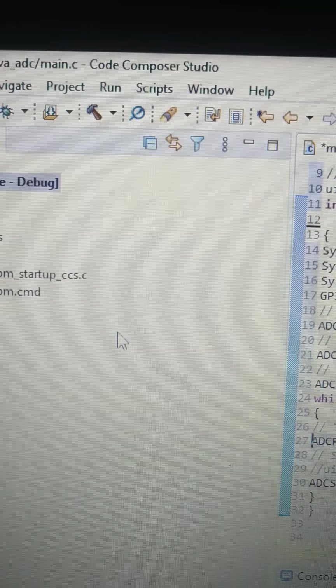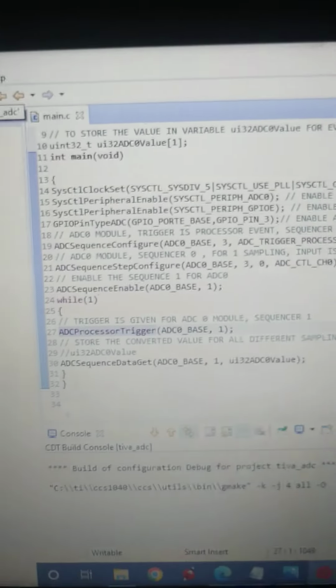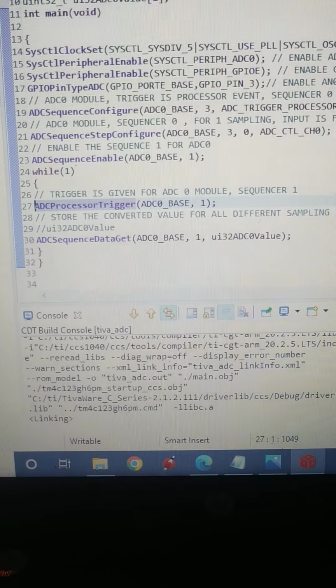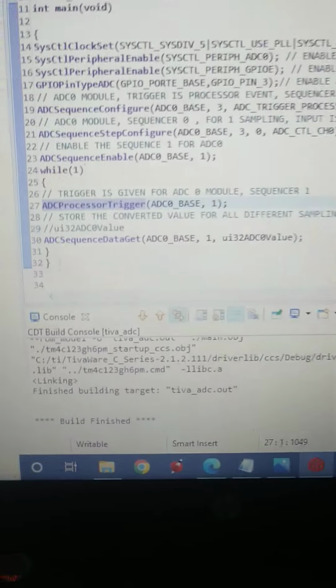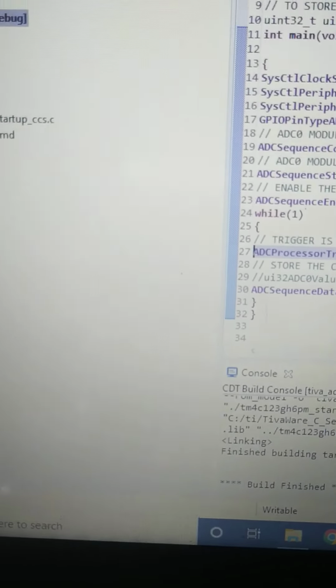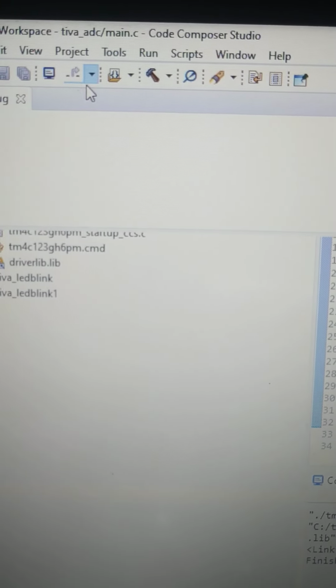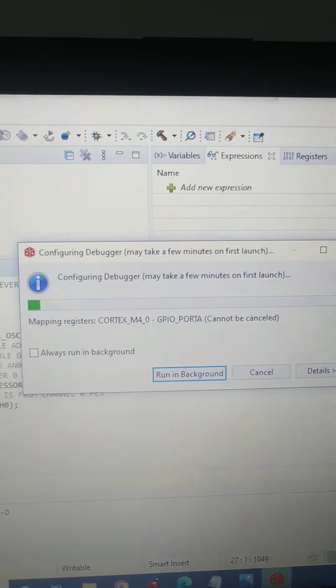So first we'll build the project. This tool is used to build. We'll check for errors. If no error is there, it will give the message build finished. After that, debug. It will start debugging.